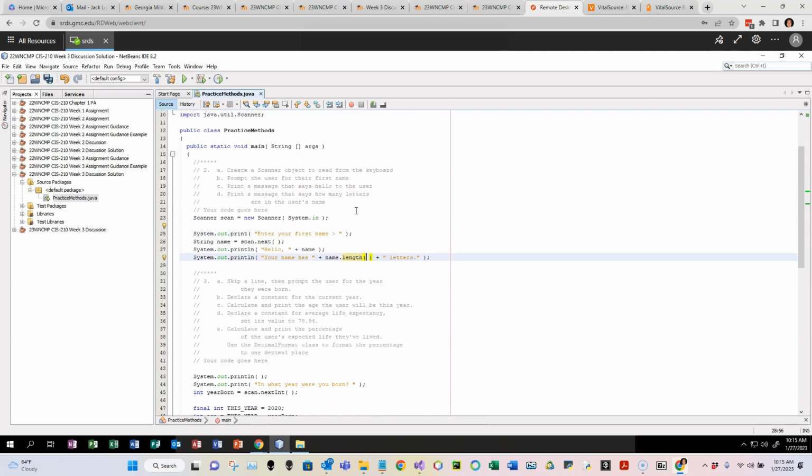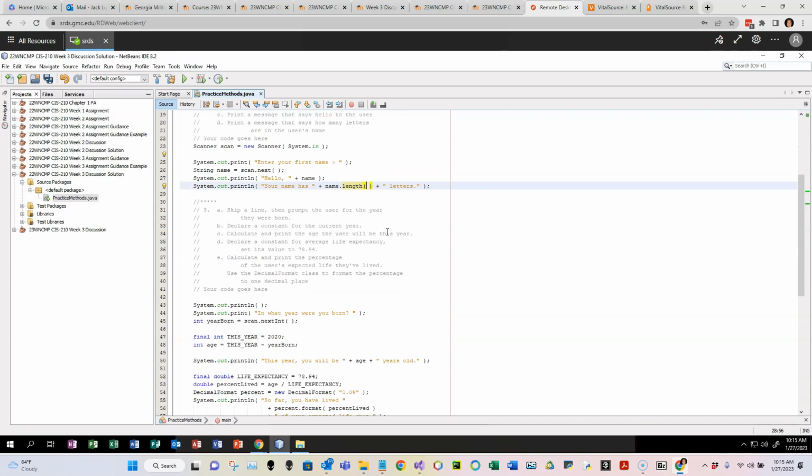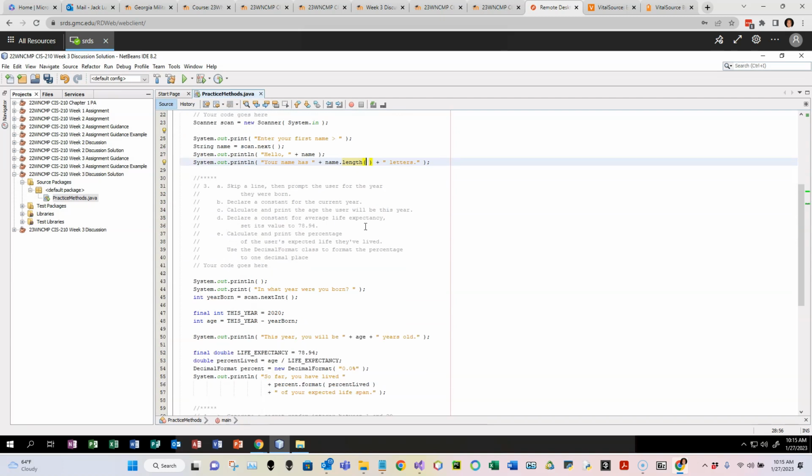All right. So I hope everybody's comfortable here with these first 4 lines and how those map to A, B, C, and D, at least for part 2. All right, let's look at section 3 here. It says we'll skip a line and then prompt the user for the year they were born. Well, that's what that looks like it's doing. And then prompt, in what year were you born? And then on the next line, I guess it wants us to,